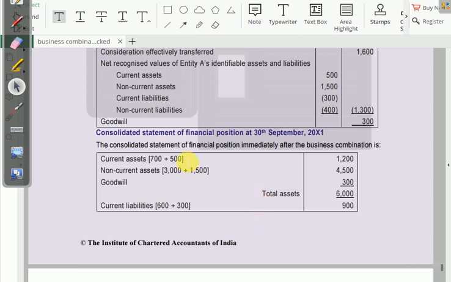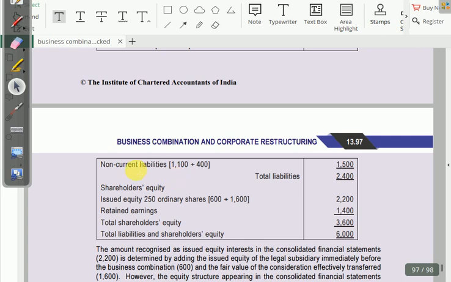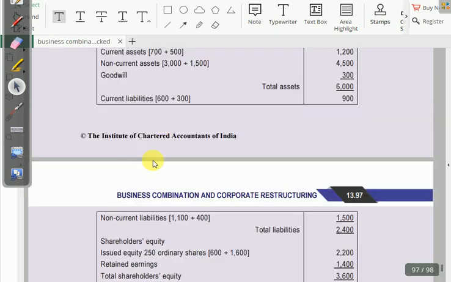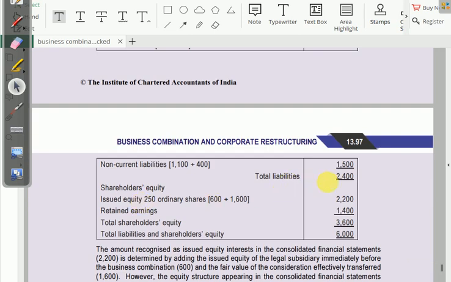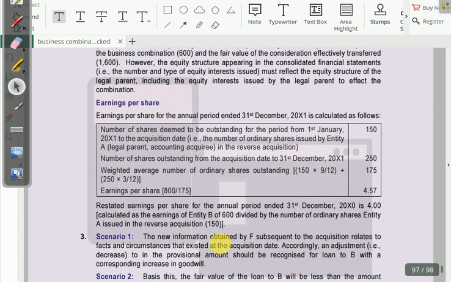फिर उसमें इस तरह से हमने कंसोलिडेटेड बैलेंस शीट भी बना ली, करंट असेट्स, नॉन करंट असेट्स, गुडविल और नॉन करंट। फिर इस तरह से आप देख सकते हो उन्होंने लायबिलिटीज़ पहले लिखा है, फिर इक्विटी शेयरहोल्डर्स इक्विटी लिखा है जिसमें 1600 प्लस 600 और रिटेन्ड अर्निंग। अब इसका आपको ईपीएस भी निकालना है।